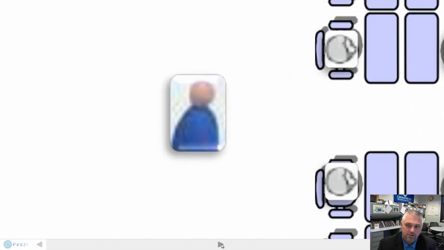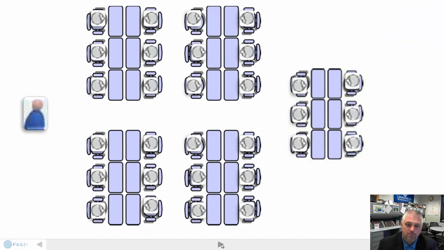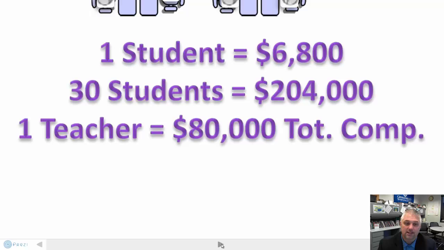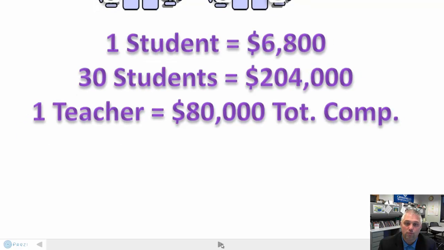So here's my one teacher. Here are my 30 students. Basically what you have here in the state of Michigan, for most base foundation districts, you have one student equals $6,800 in per pupil funding for that student. If you have 30 students, you have a classroom revenue. Also, the district's revenue for those 30 students is $204,000. If you look at this and you explore how that whole piece fits together,